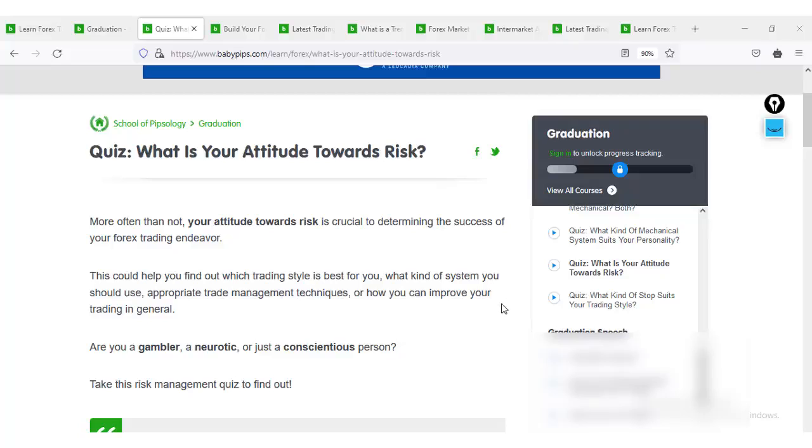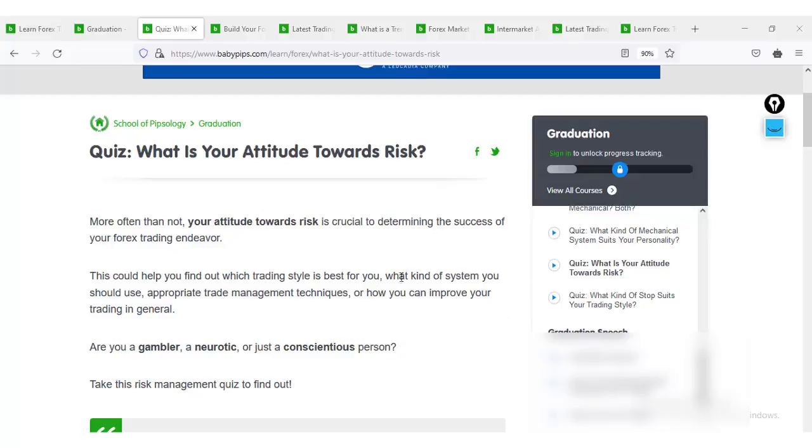But go through this process, right? So that you don't repeat many of the mistakes that we all are going through, like myself. Once you take this quiz, it will help you to know the kind of person you are and how to trade in a way that will give you the maximum result that you so desire. Okay, so go through it.